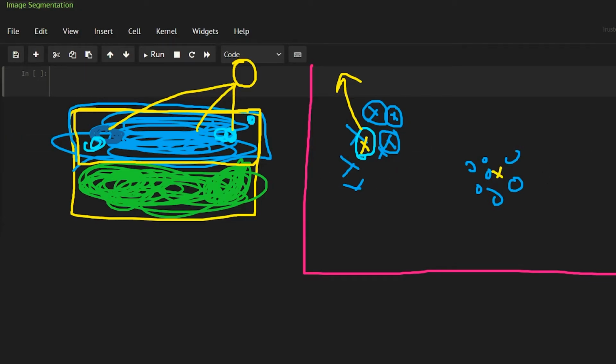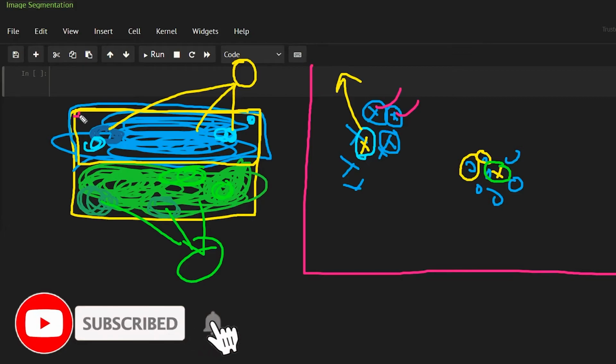Similarly, let's suppose these are the points for my green color, and it has some dark green parts, some normal green parts, and some light green parts as well. The center that we are finding here is nothing but the average color of all of these colors. So this is going to be the average color. If our data point is like this or like this, these are nothing but a pixel value, a single pixel value.